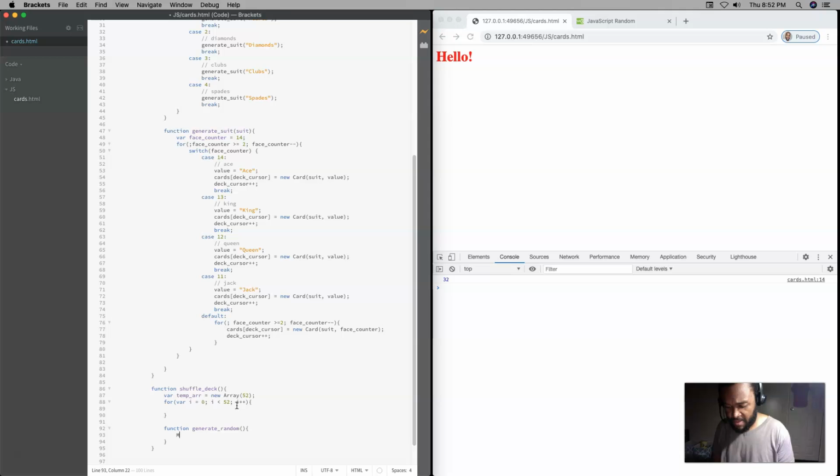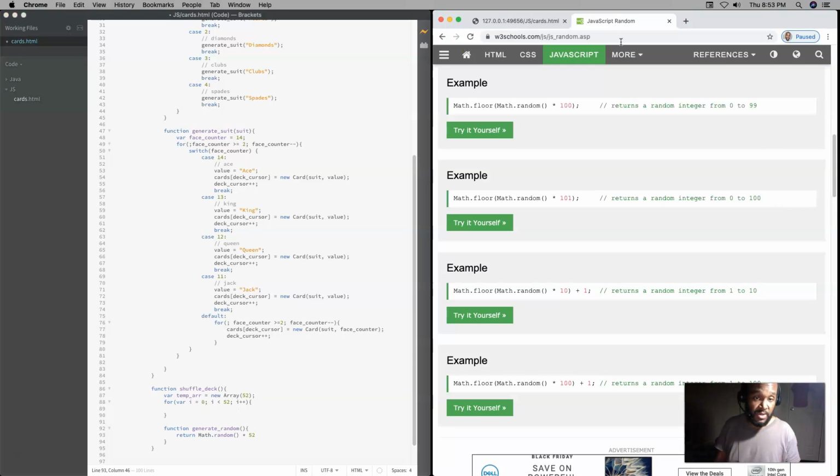And that's going to be, let's say, return math.random times 52, and then I want it to be inclusive. I want it to include 0 and